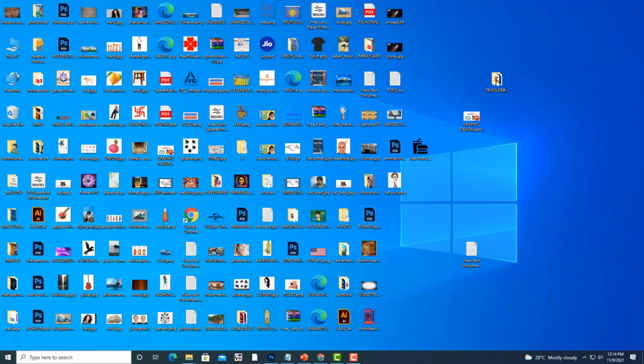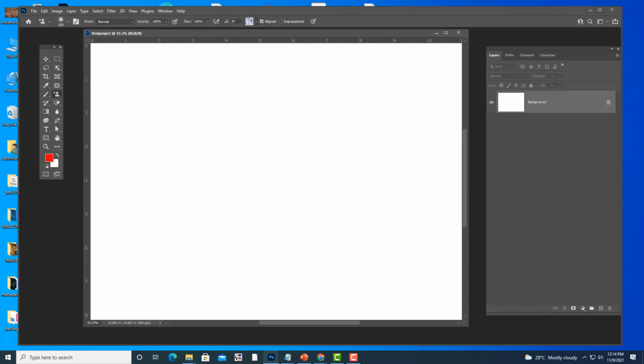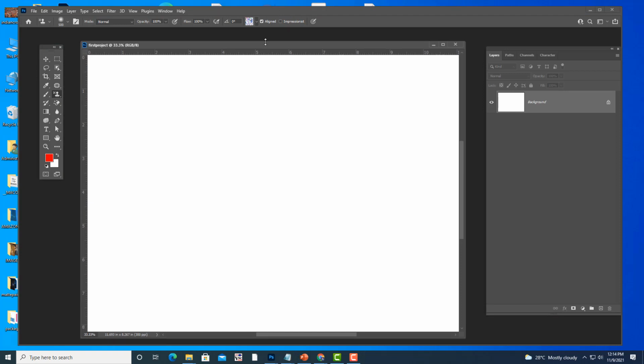Right. So now let us see here, P, pen tool is now active. You can see here. Okay, first we are going to see the shape option of pen tool. So we are going to start with some basic shapes. Okay, then we are going to see some advanced shapes also using pen tool.